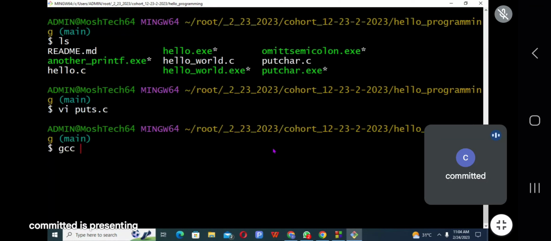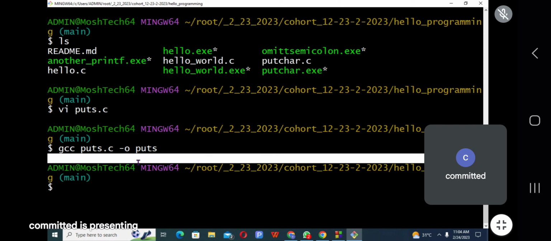So I'm still using the GNU compiler collection. Then I want to output it by typing -o into puts.